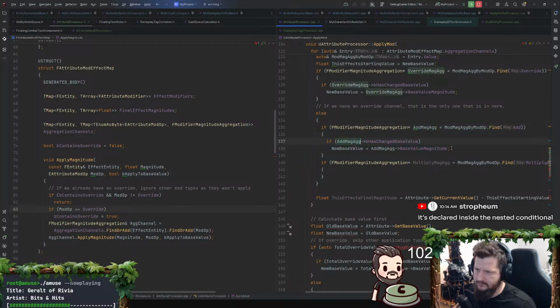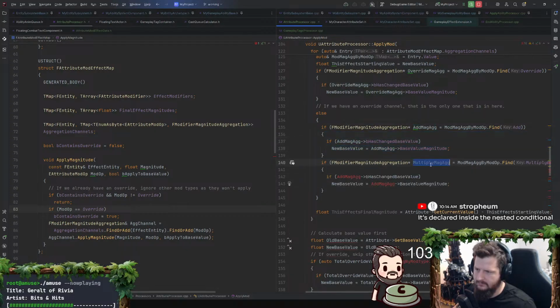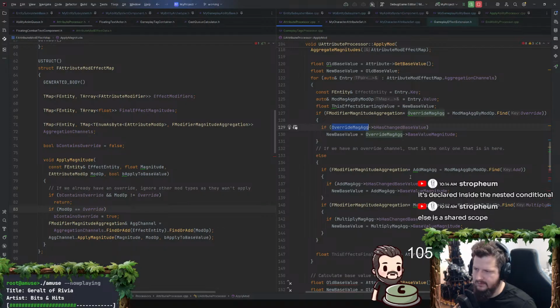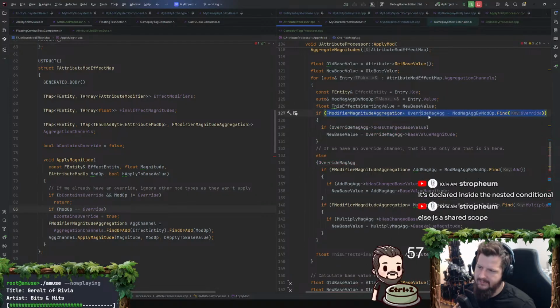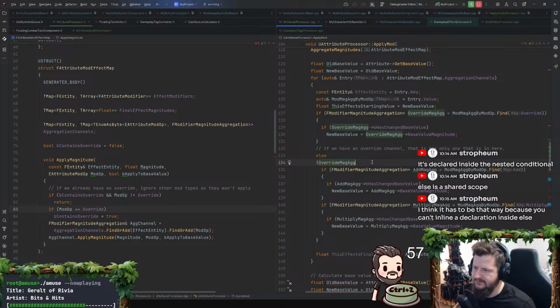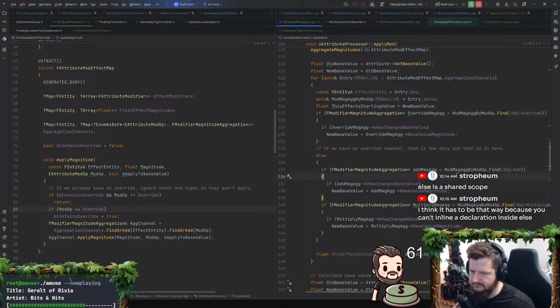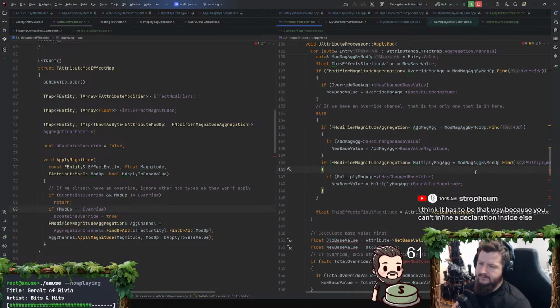Anyways. It's declared inside the nested conditional. It's not, though. It's declared outside of it. The compiler is effectively doing this, right? But writing it like that makes it seem like this is only valid when it's true, right? But that's not the case. It's just the compiler doing fancy things.